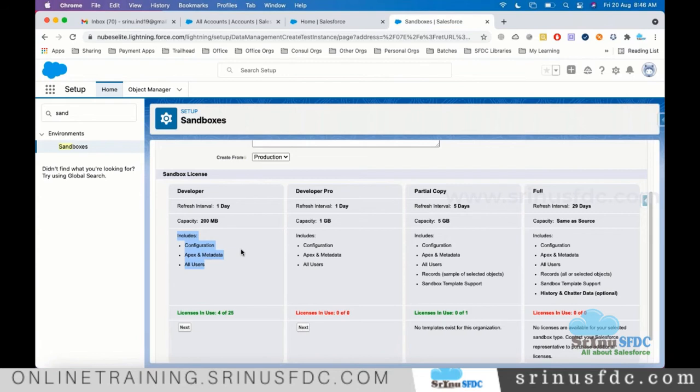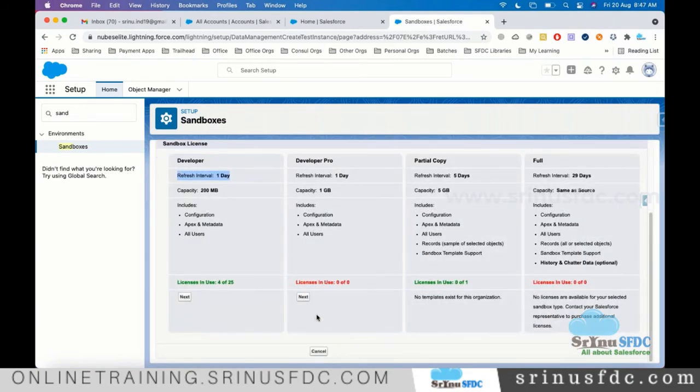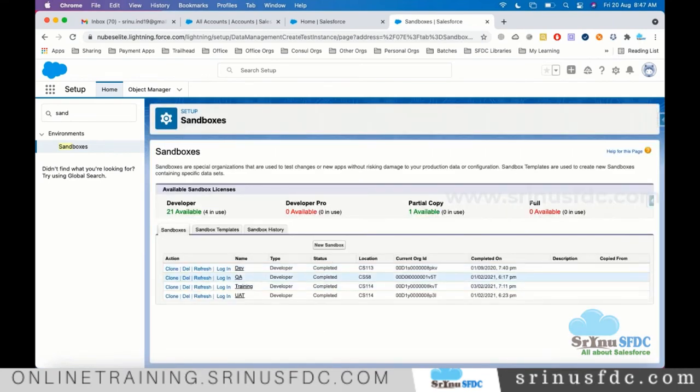Okay, so these are the limitations. And also here, refresh time interval is 1 day, right? So what is the meaning of the refresh? Okay, so if you go back and see for these sandboxes, you are seeing one link called refresh. So what will happen if you do the refresh? It will clear all the information from the sandbox.